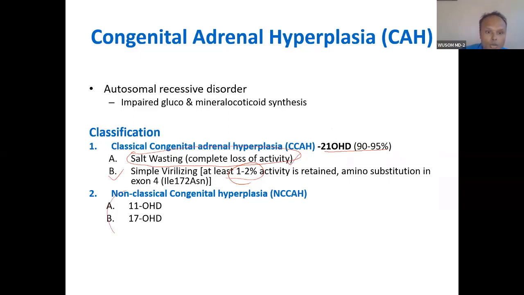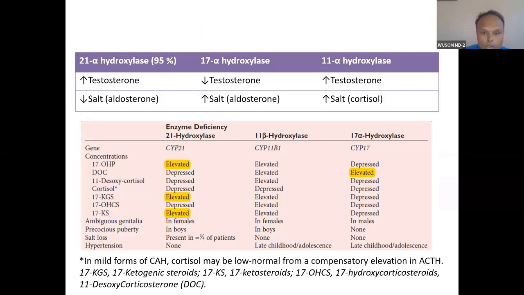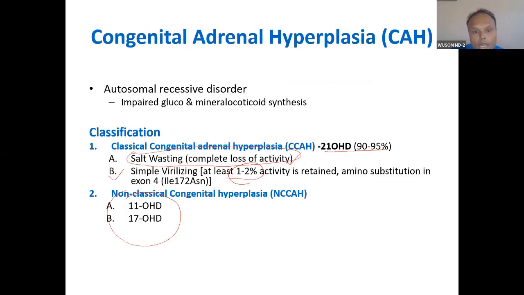Now, this is non-classical congenital adrenal hyperplasia. We have already discussed here non-classical. So we will not talk more about this non-classical. 11, the virilization you will see in female, and 17 in male. So this is the big difference here. And generally, patient does not know about this non-classical. Non-classical are very benign. People actually, the diagnosis happens in adulthood like that. Childhood, after childhood, adulthood, the patient came to know about this deficiency.